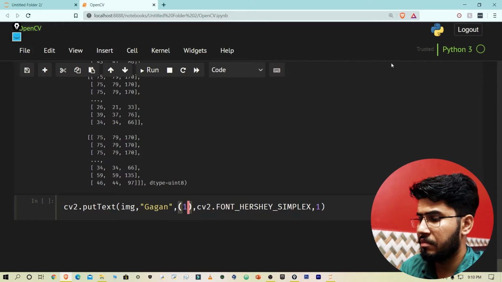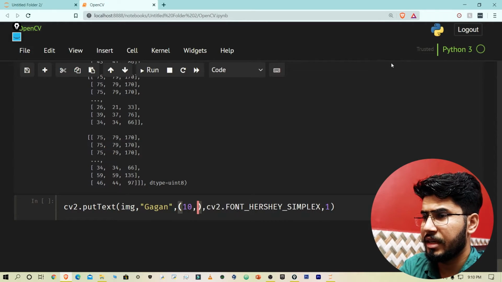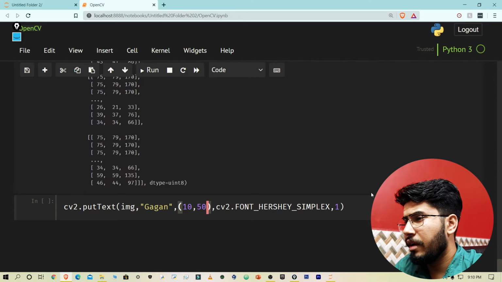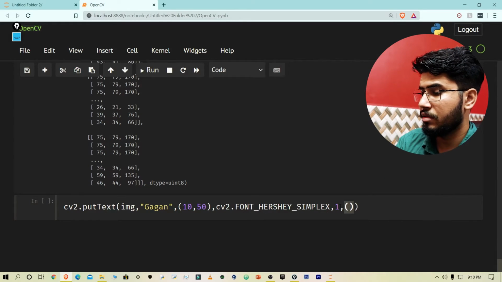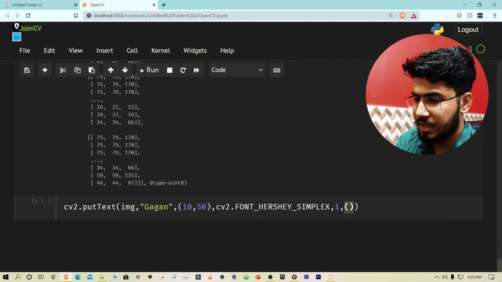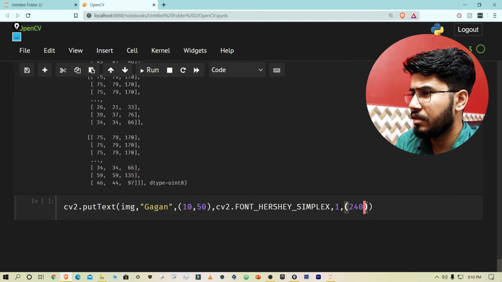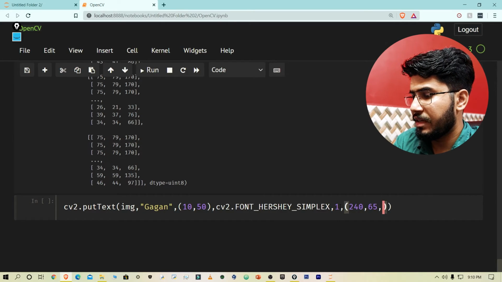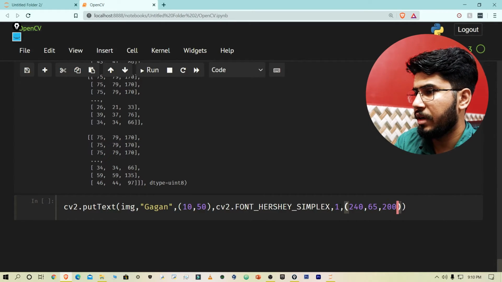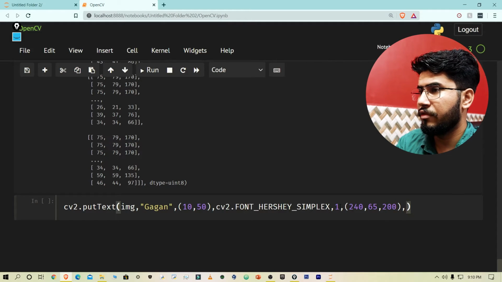Let's make it 10 by 50. And it needs a color, so let's make any color, 240, 65, 200. And again I need to give the thickness.